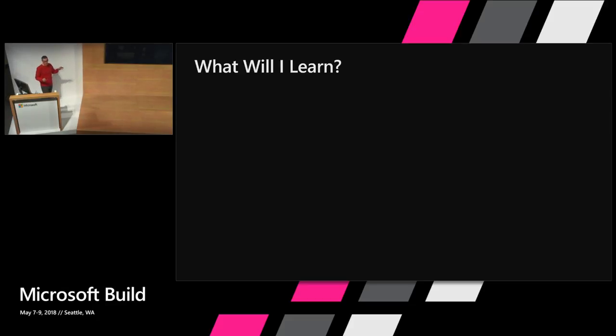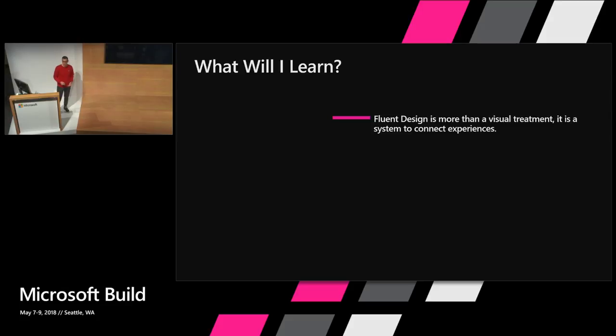We're going to touch upon three things that I really want you to take away from this session today. The first, and we just saw a really great rendition of the Fluent controls that we're bringing to you every 6 months. But really, it's important to understand that while we have a lot of beautiful visual things that we're bringing that create more engaging applications with things like materiality and depth and motion, we're really looking to build a system to connect our experiences across our ecosystem. And that's something that's really important.